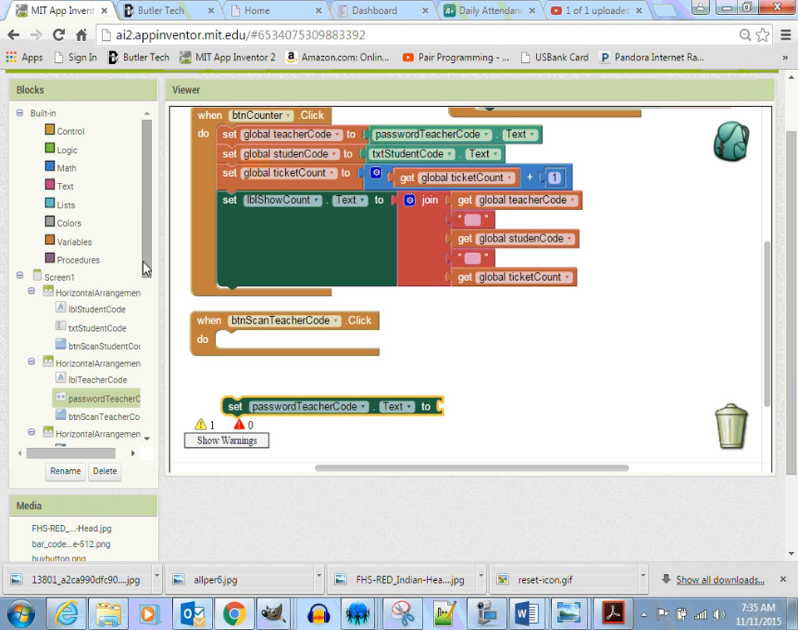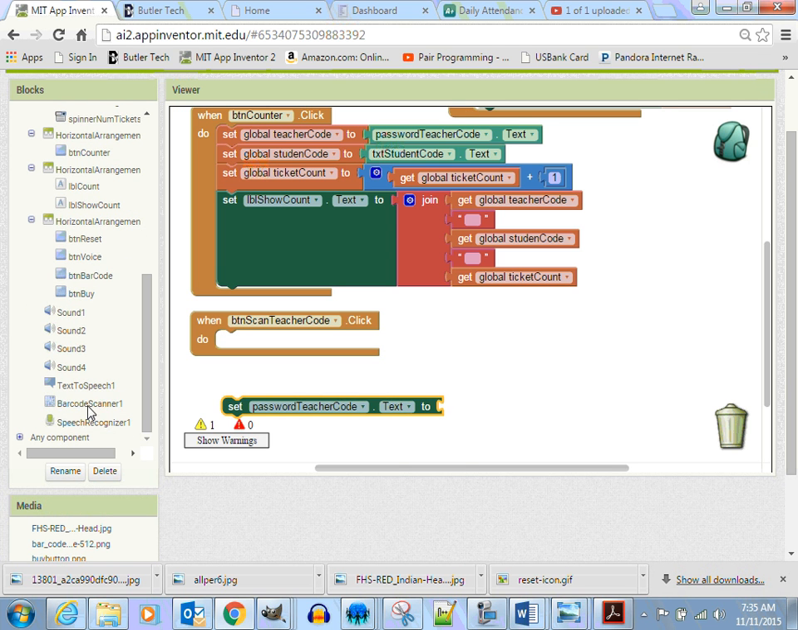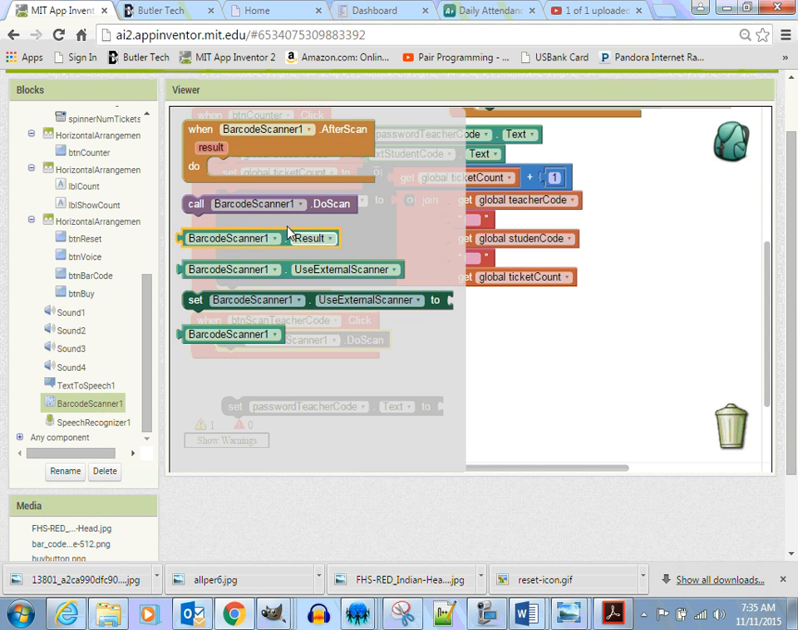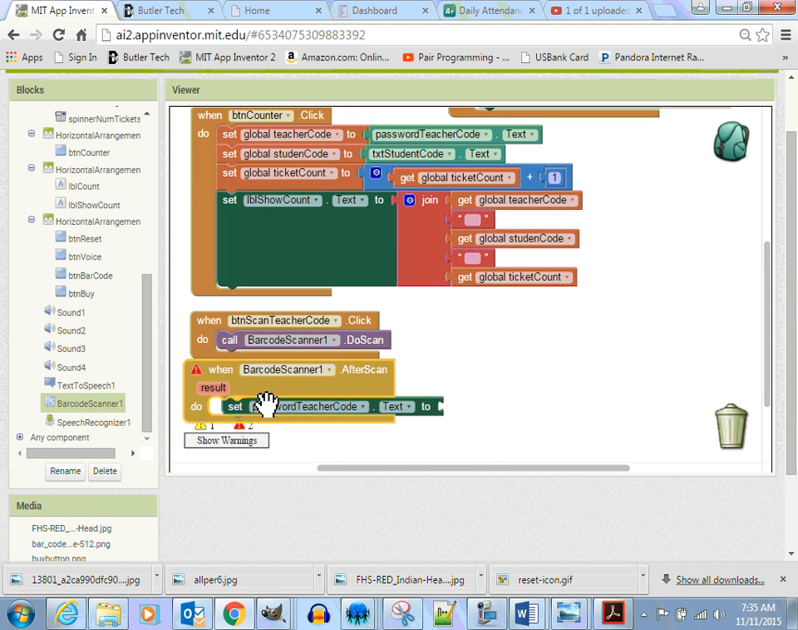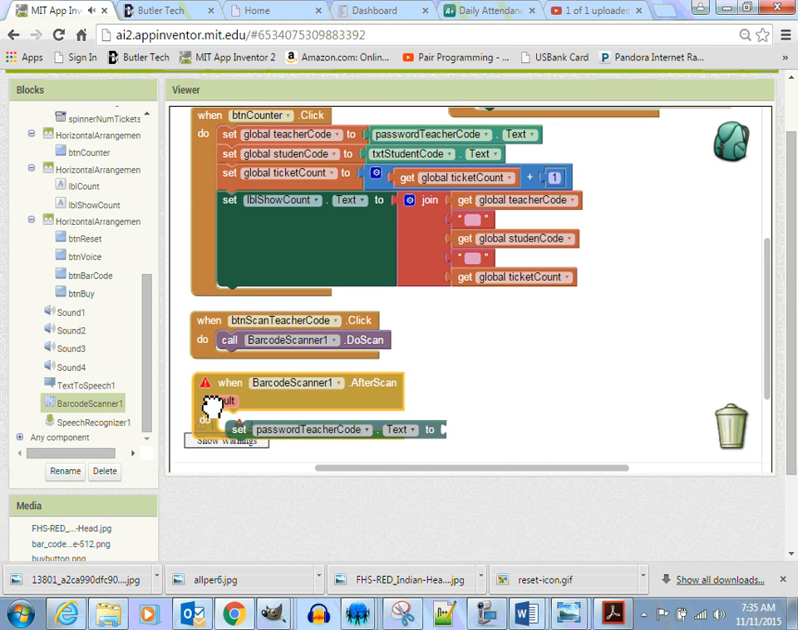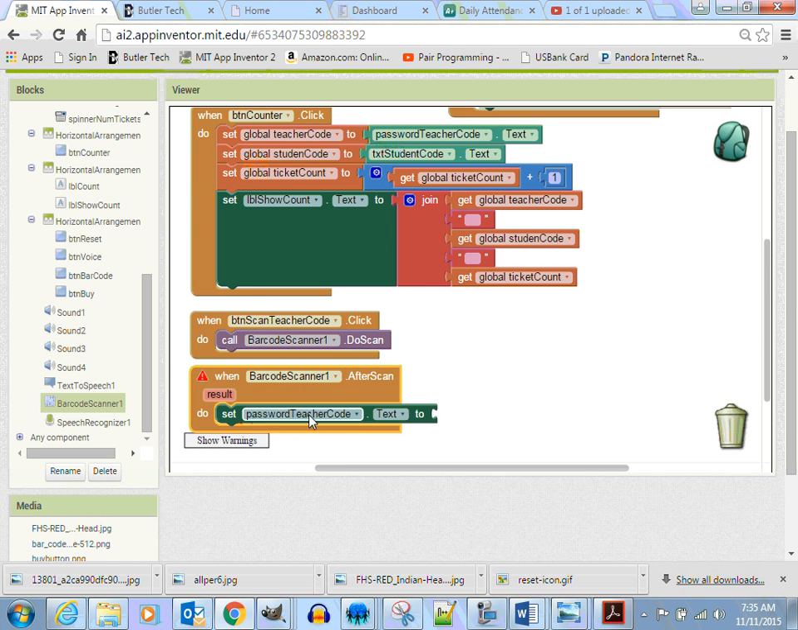So I want to go ahead and call my scanner. Here we go, barcode scanner. I want it to do a scan, and I want, after the scan, I want to, there we go, it fit right in there, set my password teacher code to the result of the scan. Okay, and remember these little orange buttons up here like result,